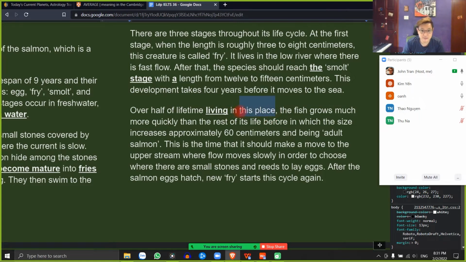Wait, you are starting a new sentence now. This place means the sea, isn't it? So you are starting a new paragraph now, sorry. Then you must mention everything clearly. You cannot refer to anything that has been said before.